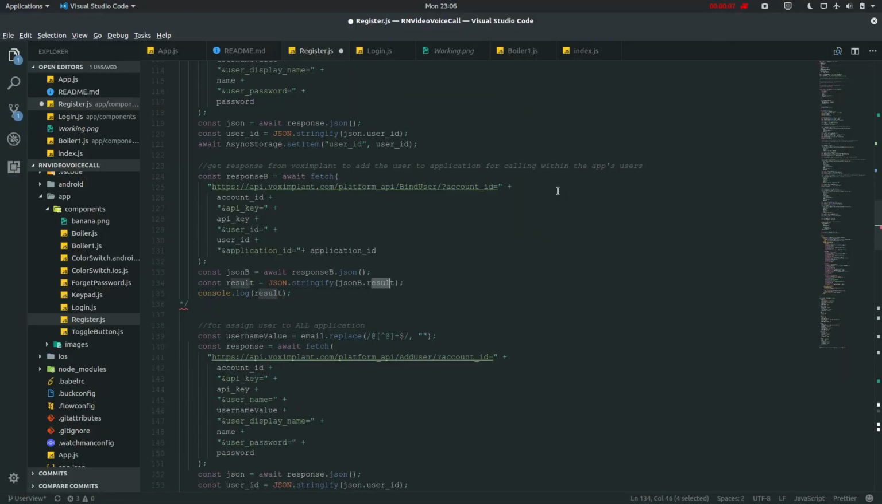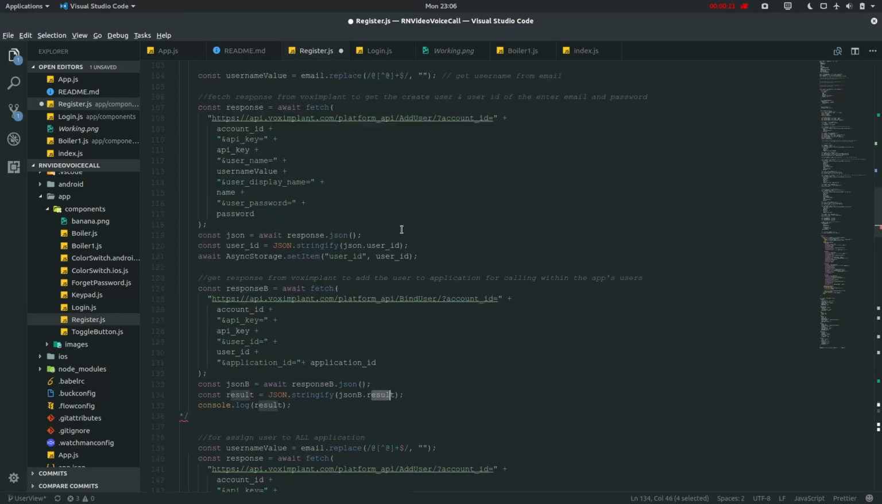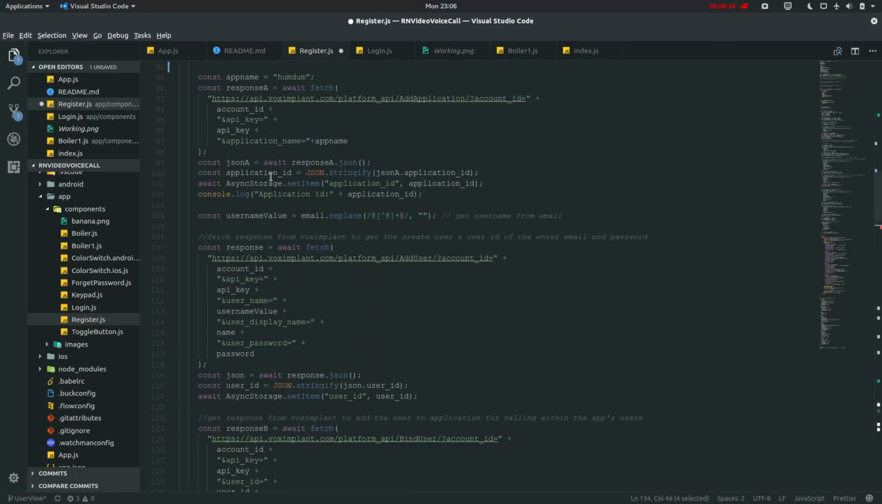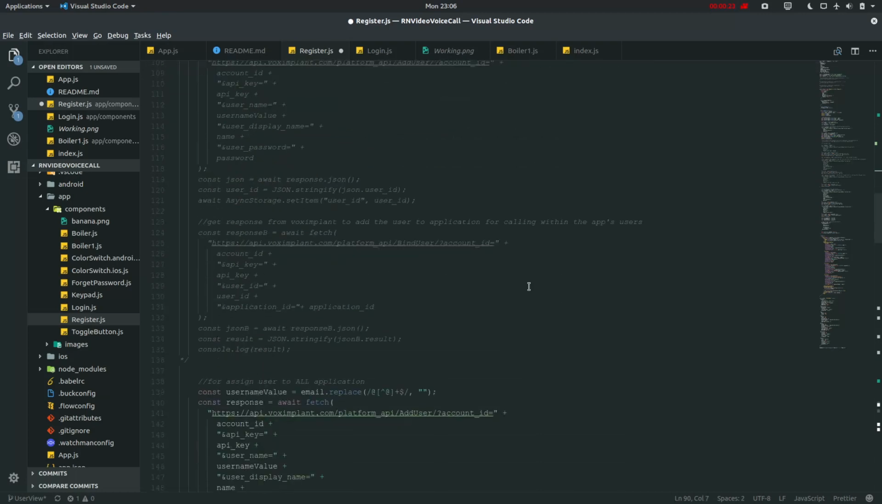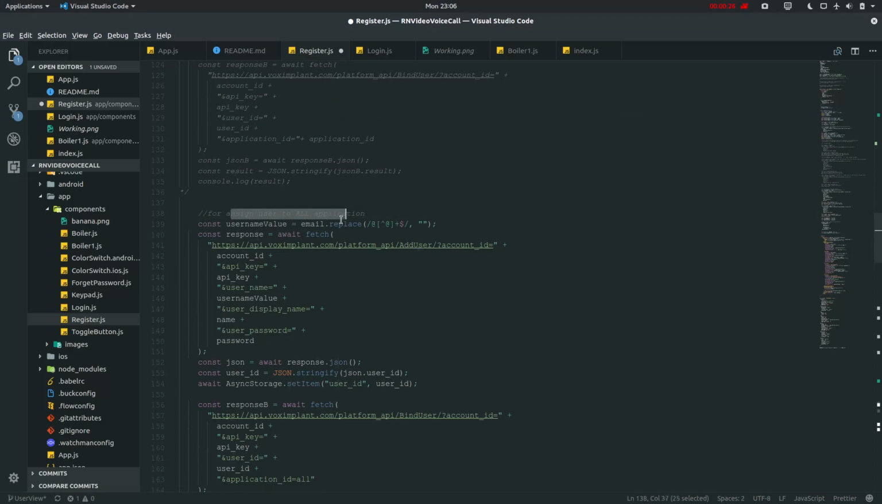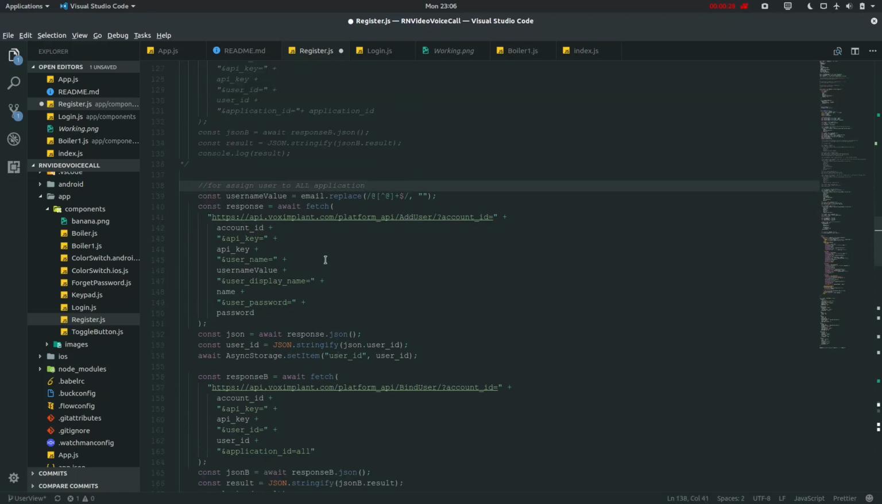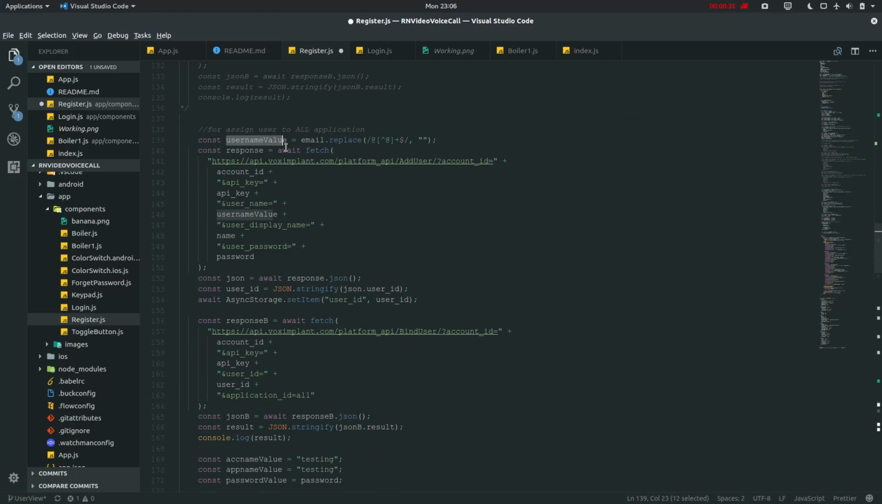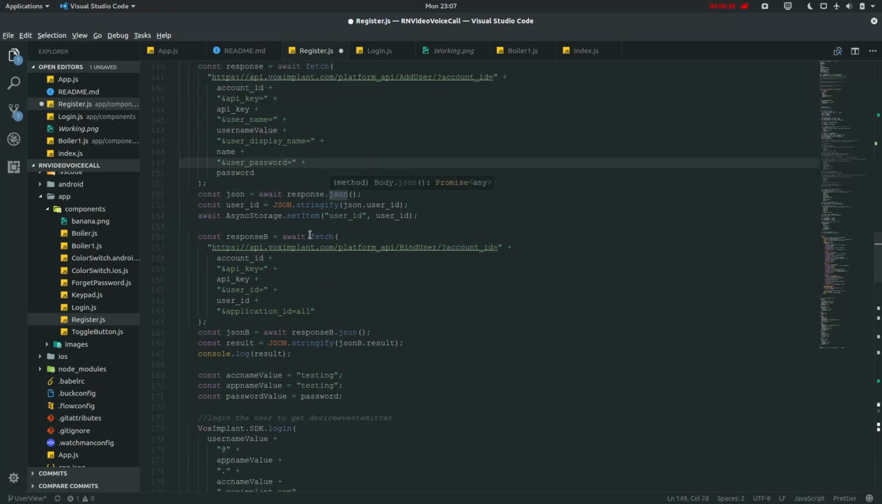Now, as we have already done it, we can't repeat it, because this would be creating this application, and if you try to do it again, it will give us an error because this application ID should be unique. So let me just comment it out again, and here we'll be assigning to all the applications. In this case, we'll be getting this username value, and from here we'll be getting this user ID to create the application user, and then for this response we'll be using this application ID as